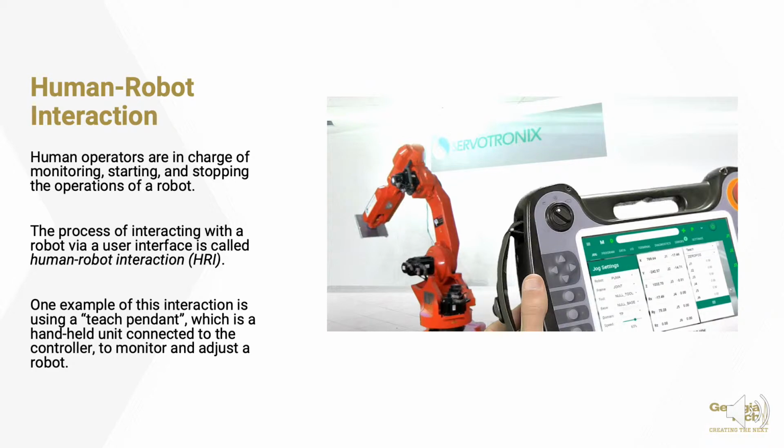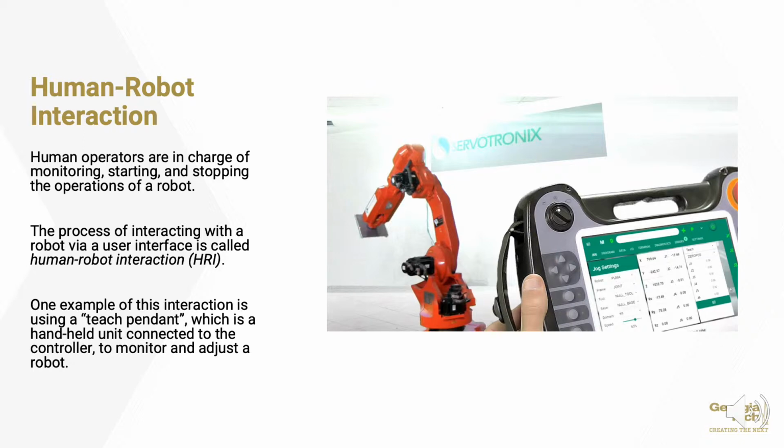And of course, robots are also designed to be interacted with by humans. They're in charge of monitoring, starting, and stopping the operations of a robot. And this is typically done through a process called human-robot interaction, and done via user interface. One example of this, a very common example, is the Teach Pendant, which is a handheld device that's connected